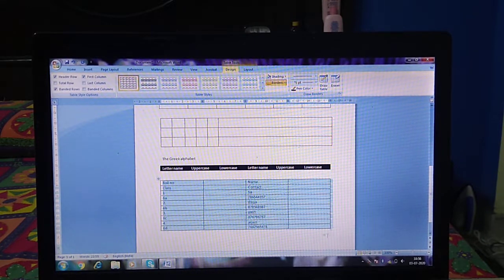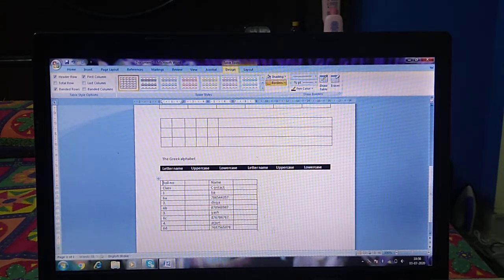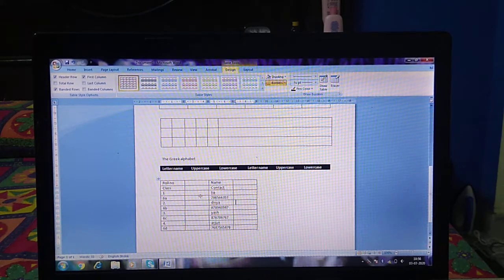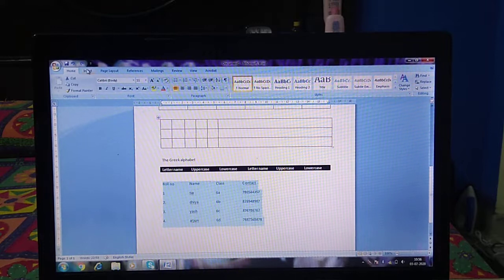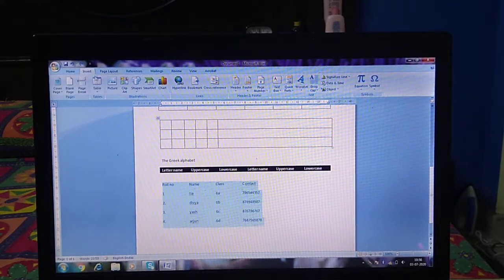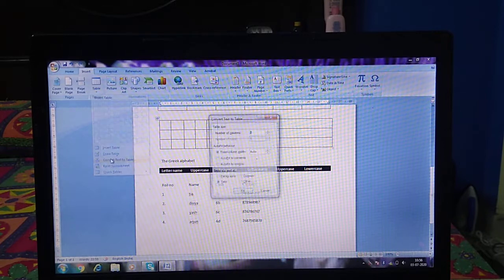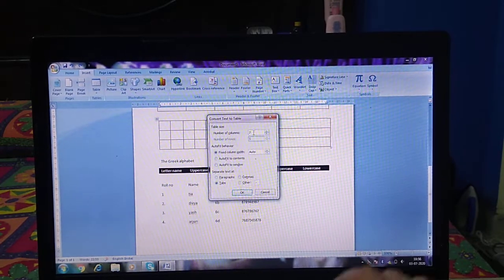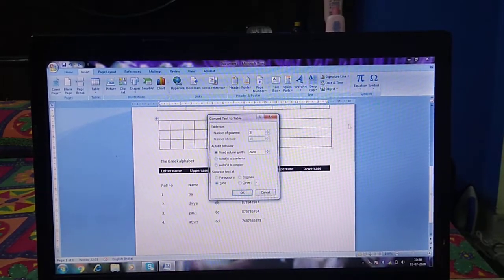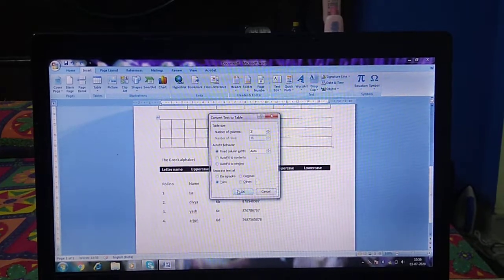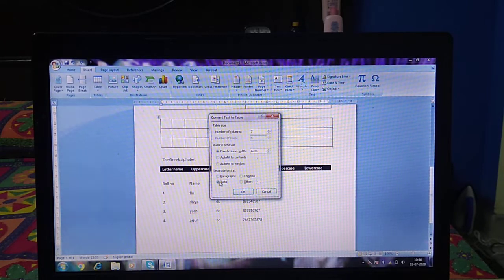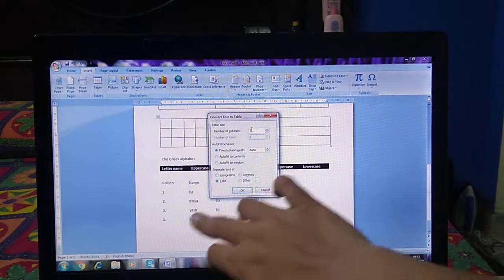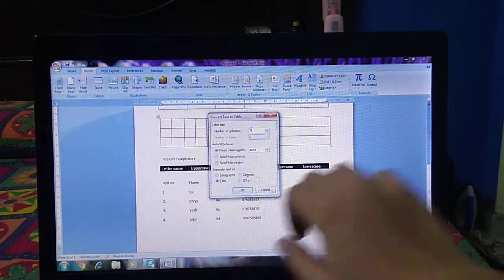Just a minute. Okay. Oh, it is taking tabs also as columns: 1, 2, 3, 4, 5, 6, 7.